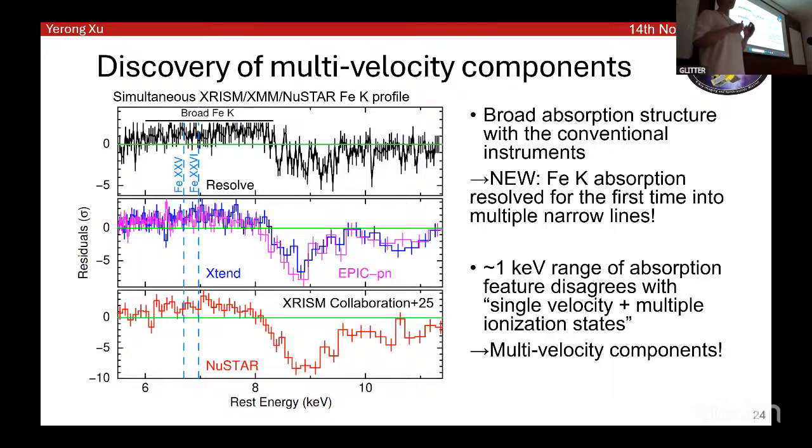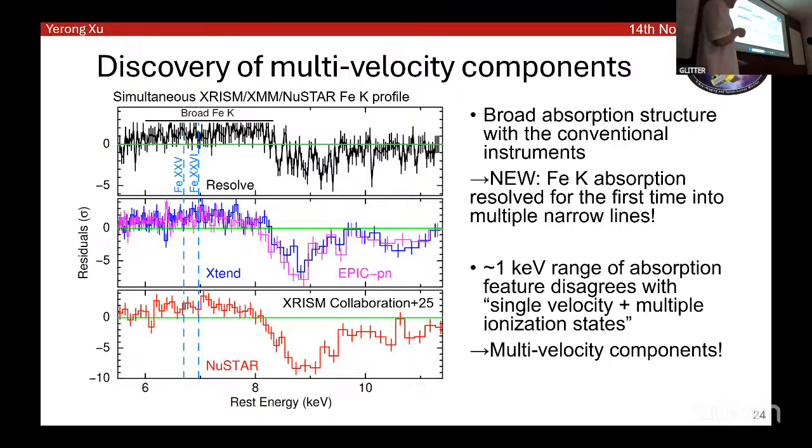Here are the residual spectra of XRISM, XMM, and NuSTAR against a very simple power-law model, zooming in on the iron K band. And the rest-frame energies of the iron 25 and 26 lines are marked by these vertical dashed blue lines. When we look at the outflow emission part, we find that regardless of the instruments, the emission part is always smooth